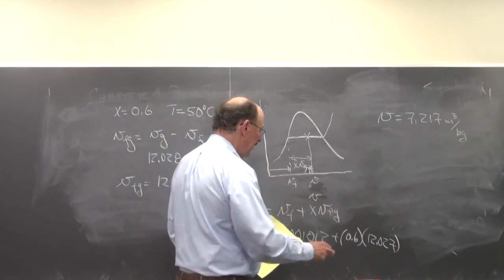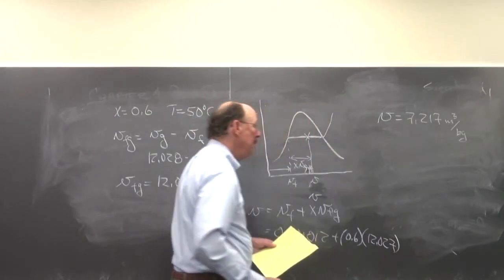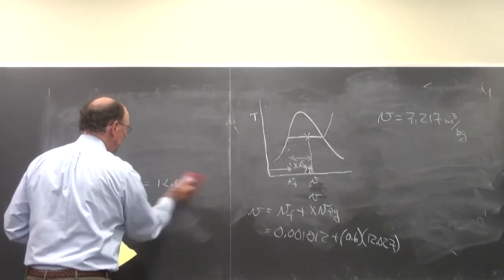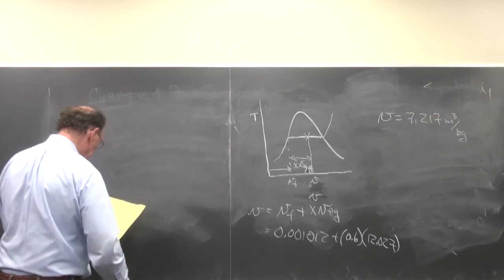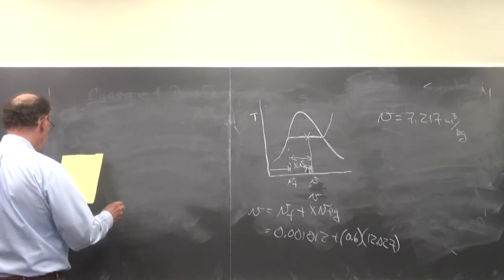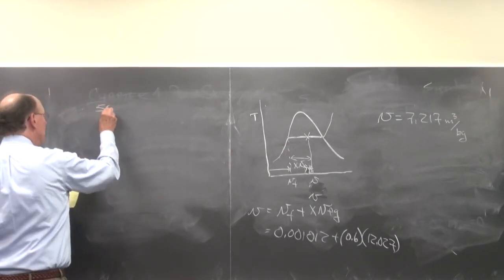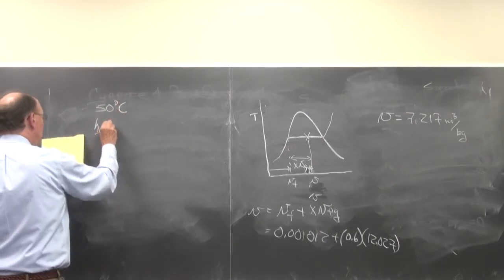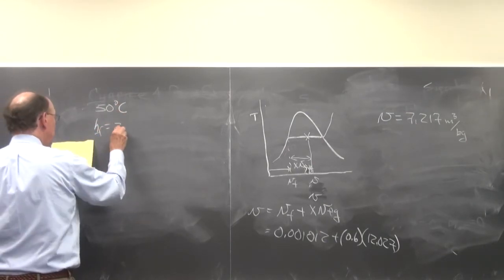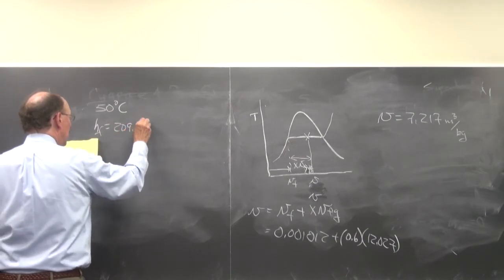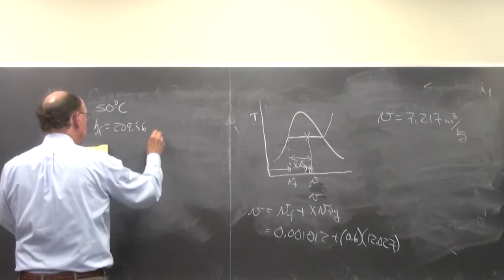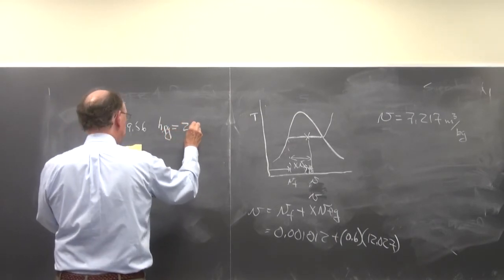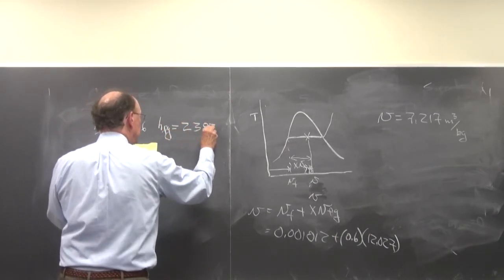So now let's find the value for enthalpy at this condition. You can look up the value of H sub f and H sub fg at these conditions. So at 50 degrees C, we're still staying in table A5, we have H sub f is equal to 209.56, H sub fg is equal to 2382.7,